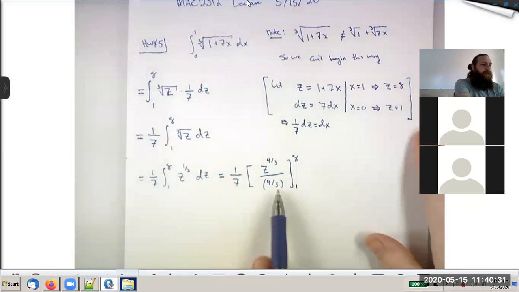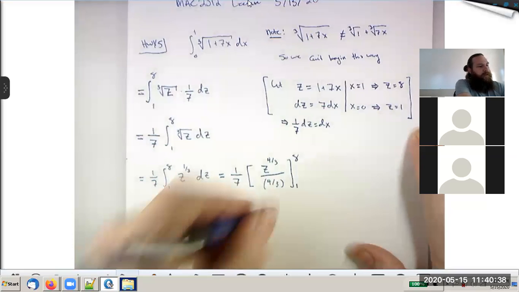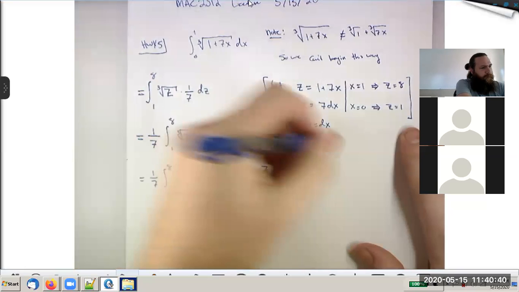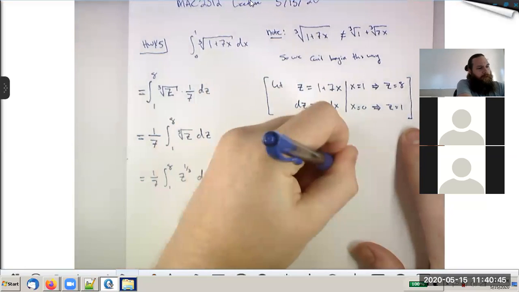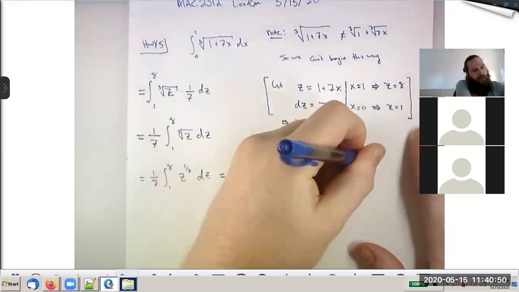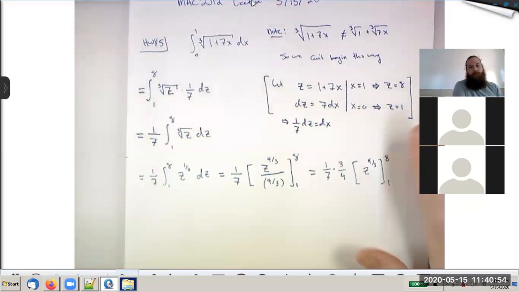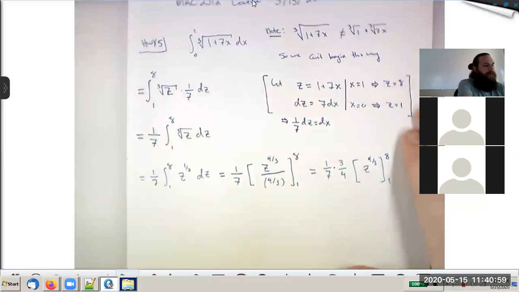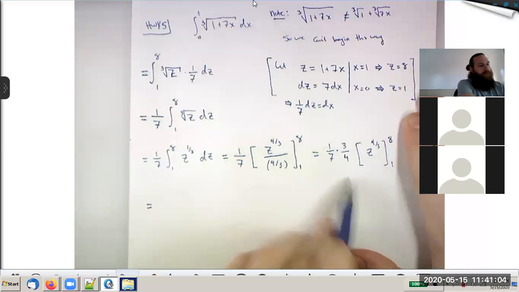First, dividing by 4/3 is the same as multiplying by 3/4, and that is a constant. It can come out of this evaluation step. So I will have 1/7 times 3/4 times z to the 4/3 evaluated from 1 to 8, just making my life a little bit easier. So then I continue. The 1/7 times 3/4, that's